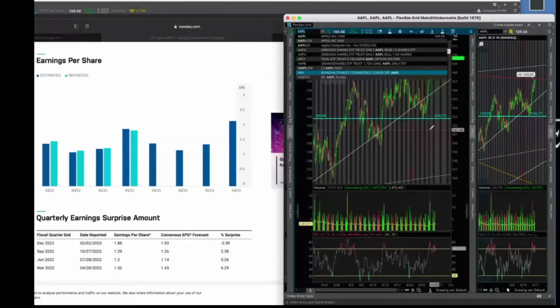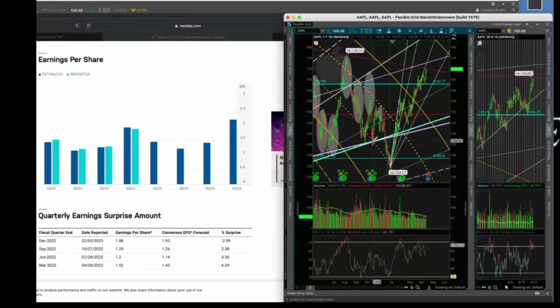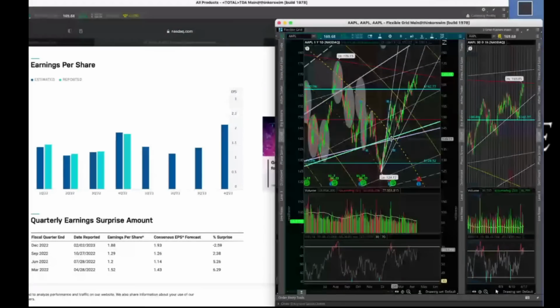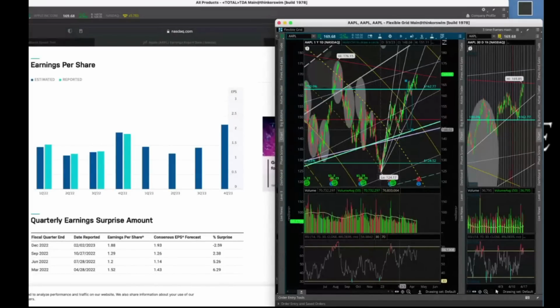So this is Q4. I'm always just looking at support. I'm never looking at the resistance first. Up here, right? This is the next quarterly move. March into here. So I think this move already almost happened, so it could be priced in and then pull back to this area.